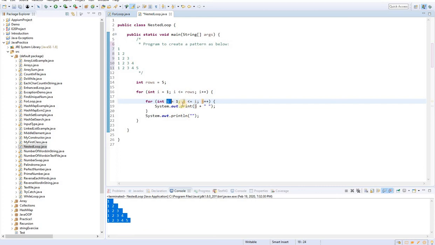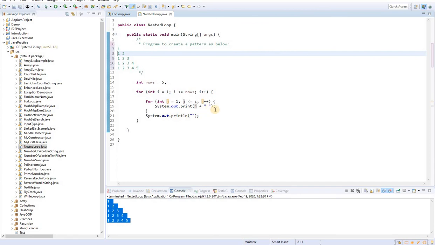Come here, j is now 1, and 1 less than or equal to i, now 3? Yes, true. We come here, j will print 1, then a space, and then come here again. So this way it will keep continuing, going 1 2 3, the next row will be 1 2 3 4, and the next one would be 1 2 3 4 5. And from one row to another row, I need to put a line break, so that